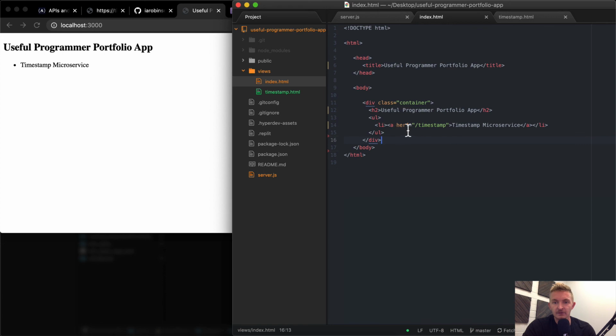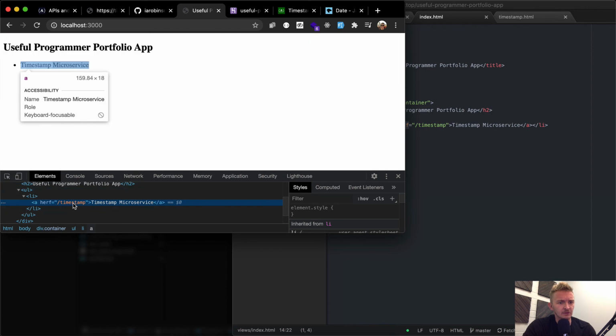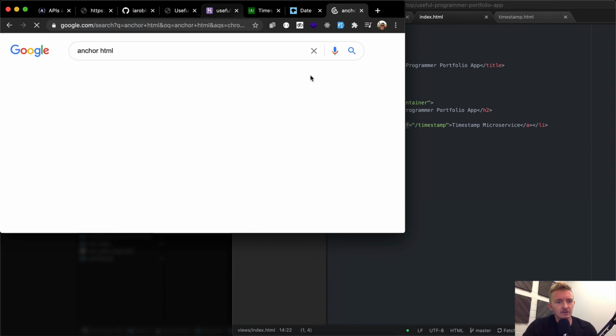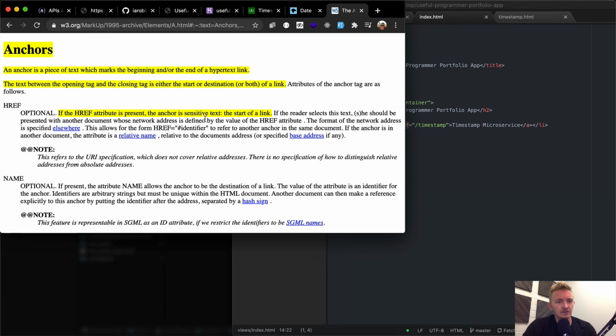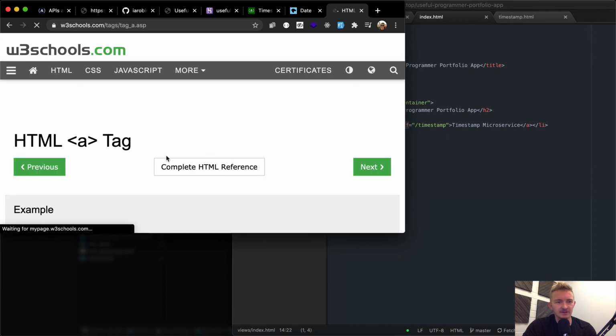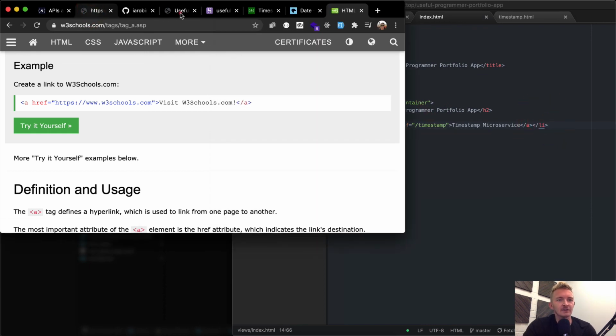So href. Href, it's not working. That's weird. Timestamp microservice. Link anchor. Come on. I must have made a mistake. This seems like the most obvious one. href. Weird. Okay. And then I go back to local